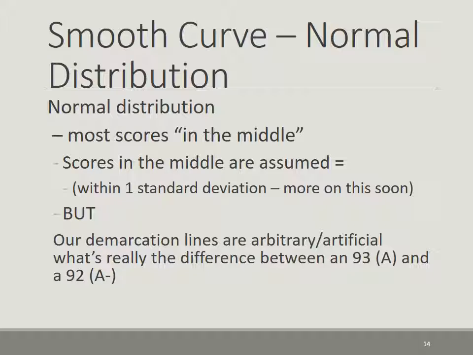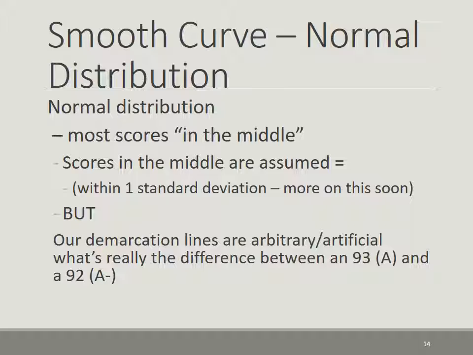Okay, so when you talk about the most scores in the middle, you're assuming that they're within one standard deviation. And we're talking about standard deviation later, but in general, we're talking about demarcation lines between sort of artificial constructs. And so I think that this is an important thing to remember. And I know it's kind of an odd placement for it, but I don't have anywhere else better to place it. But I want you to remember that even though you're seeing those theoretical lines on the page about where the bell curve breaks